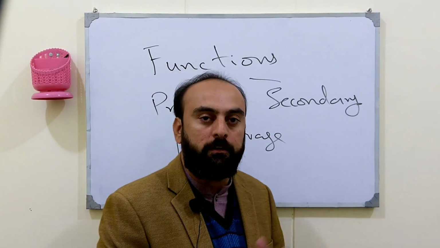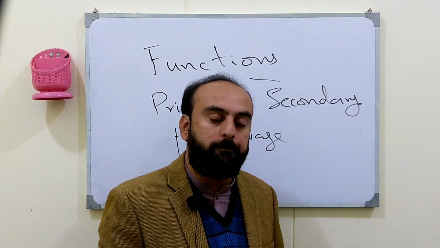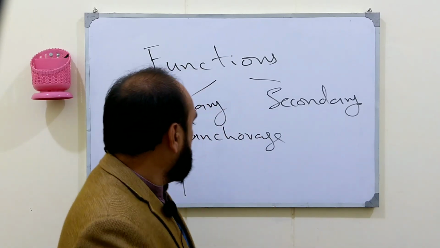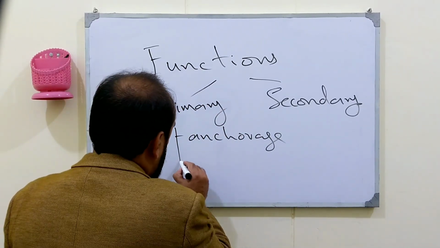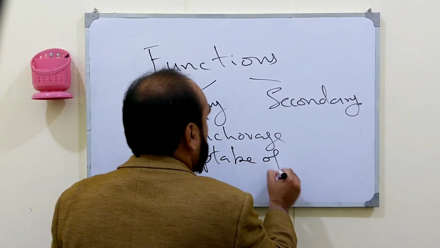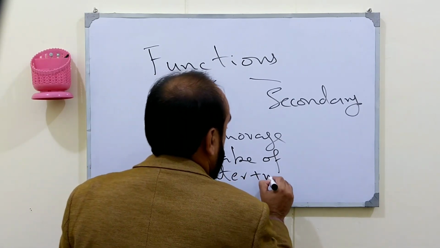So they firmly hold the whole plant body. If the root system is weak or absent, the plants would topple over. They are also responsible for uptake of water and minerals from soil,